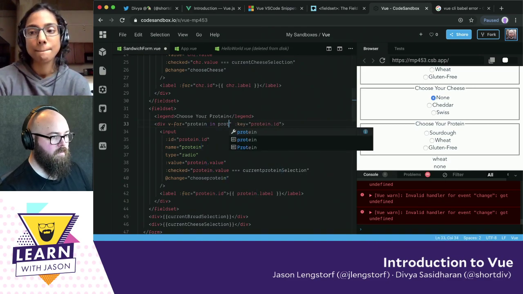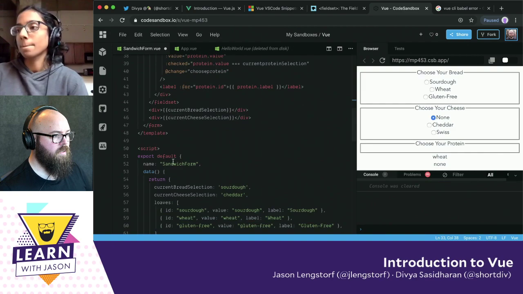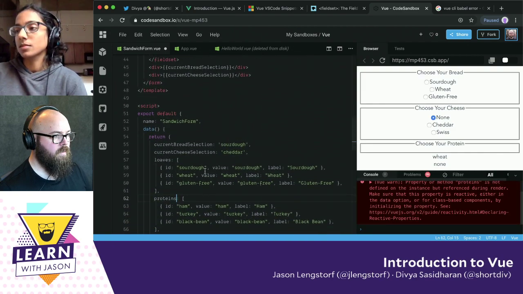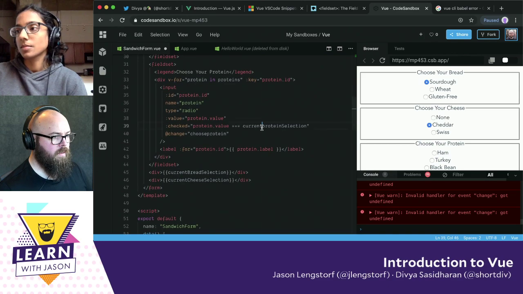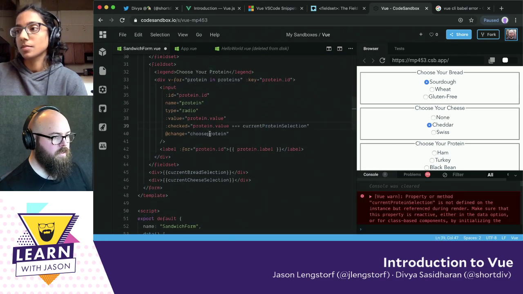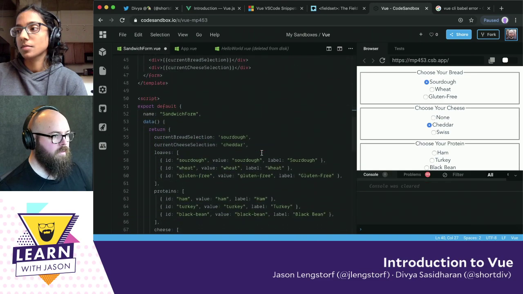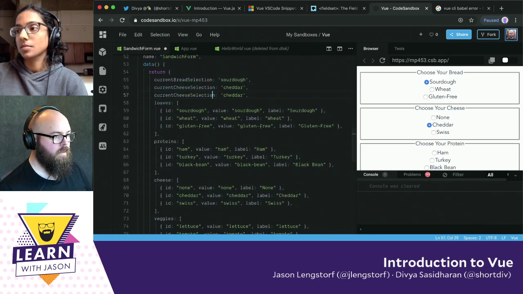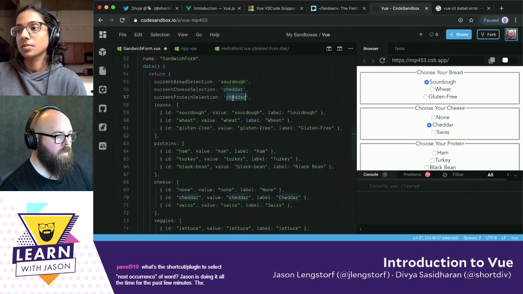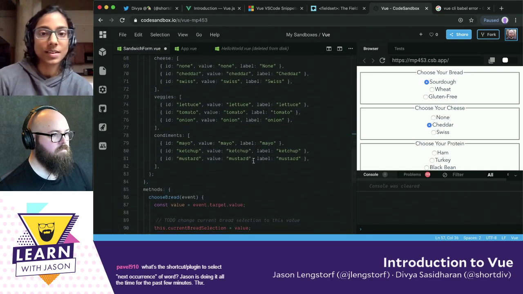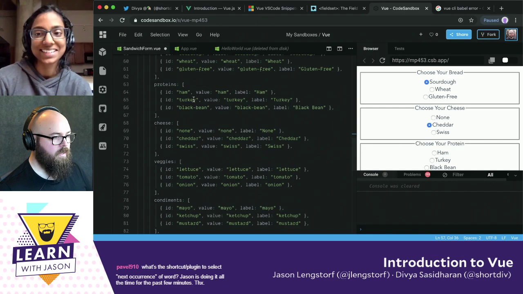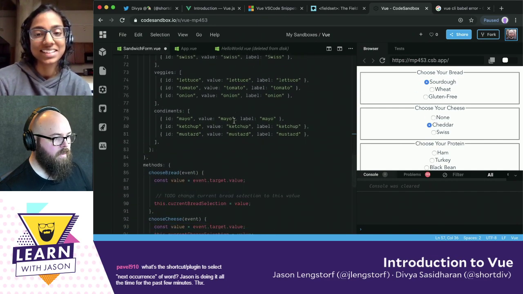This one I'm going to have to rename to proteins. This is capital. This is capital. Protein. And we'll go with ham. Ham and cheddar is a good sandwich. Ham and cheddar on sourdough. That's ham and cheddar. All right. So then down here we need to do